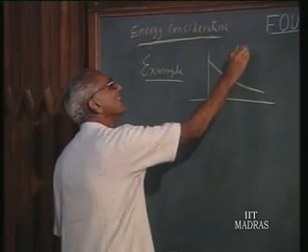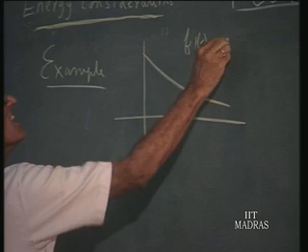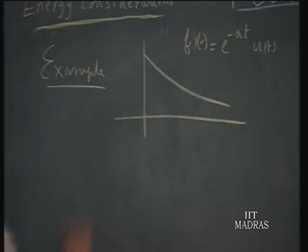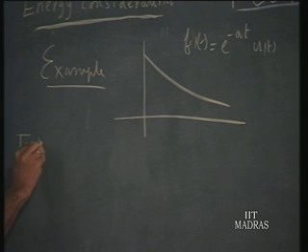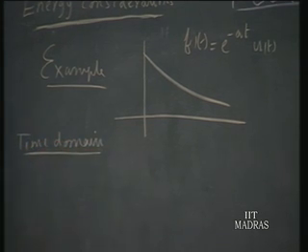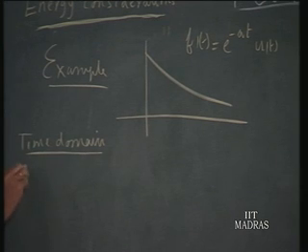We have f of t is e to the power of minus a t u t. Now, we would like to calculate the energy content in the signal, energy available from the signal, in two ways. Do it in the time domain first, energy available